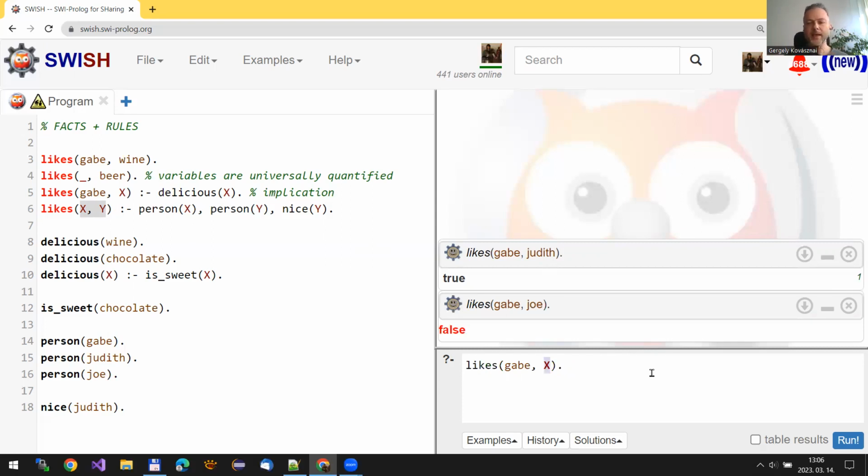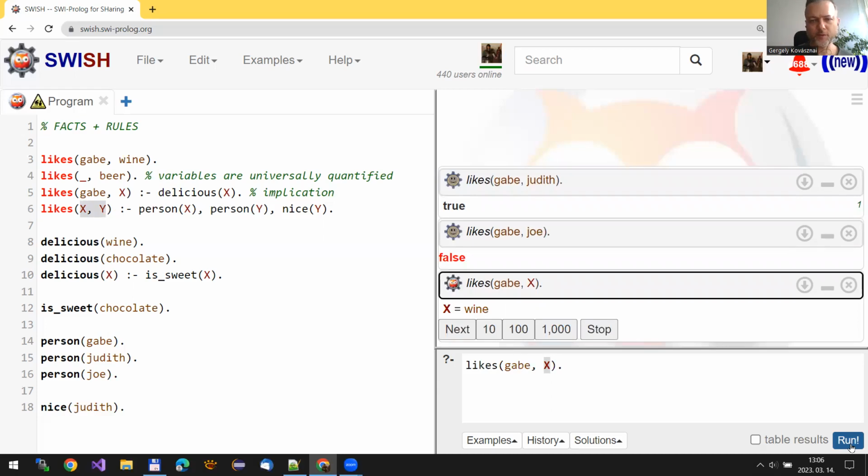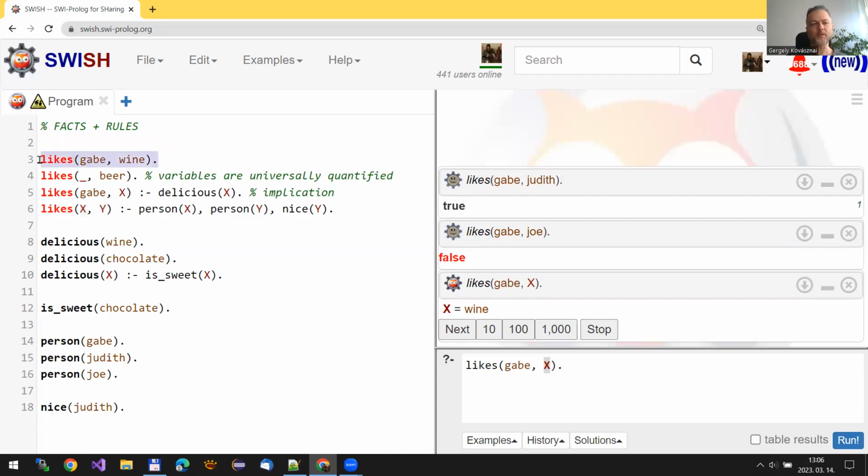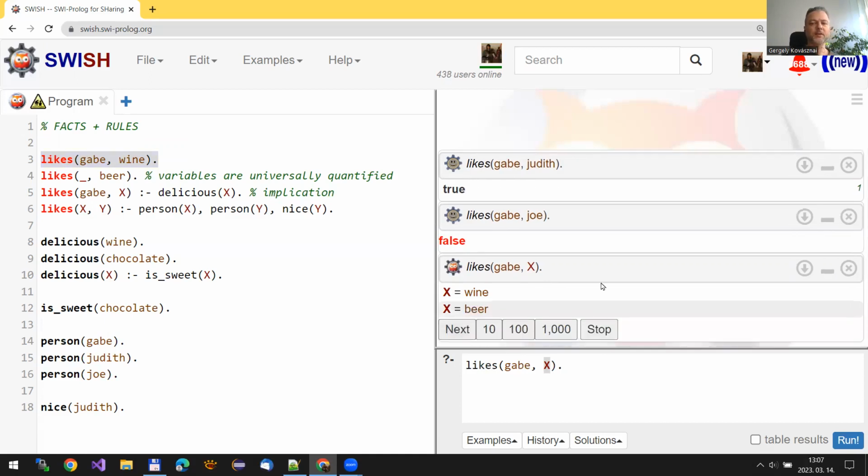So I will get every possible substitutions into this variable. Okay, so first answer is X substituted with Y. Why? Because of the first fact, of course. Let's click on the next button. Now I get another solution, beer, I guess because of the second fact here.